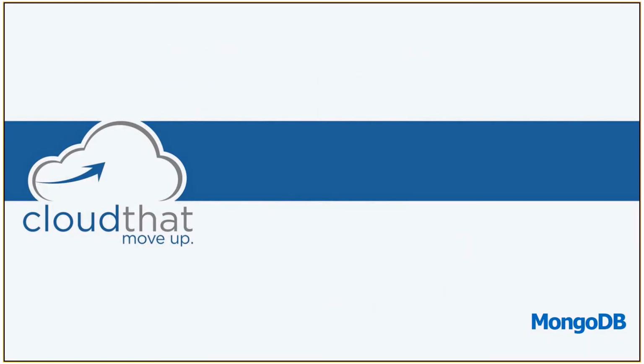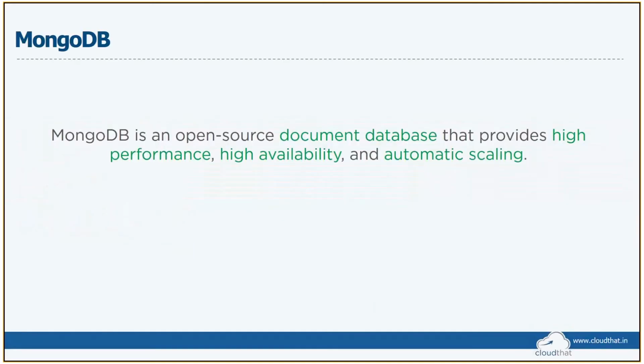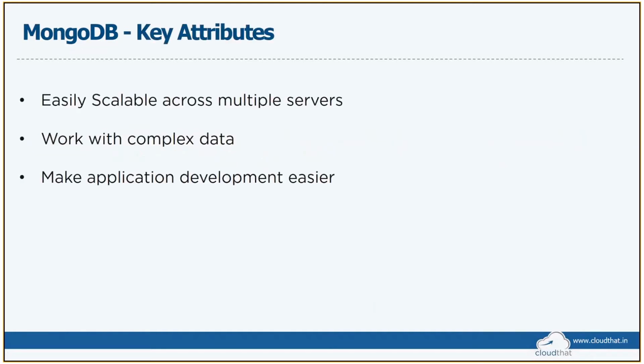Lastly, MongoDB is a very widely used NoSQL database on the planet at the moment. It's of course a document store, and very high performance, high availability, and automatic scaling is something that MongoDB focuses on. So automatic failover and node recovery are also inbuilt features of MongoDB. MongoDB is a NoSQL database which can be spanned across multiple data centers, of course multiple servers.